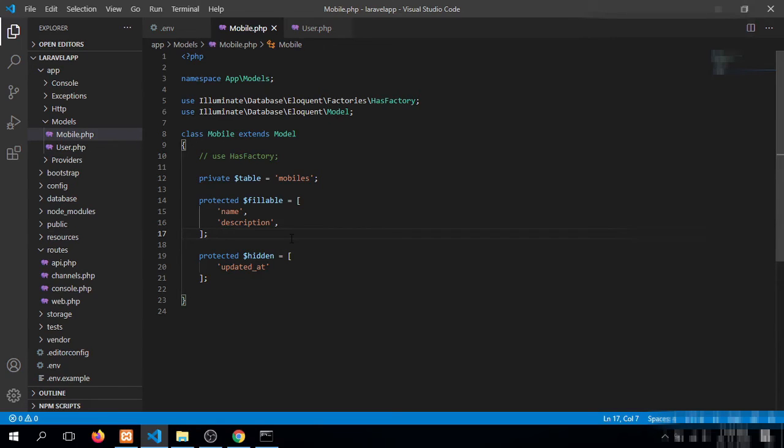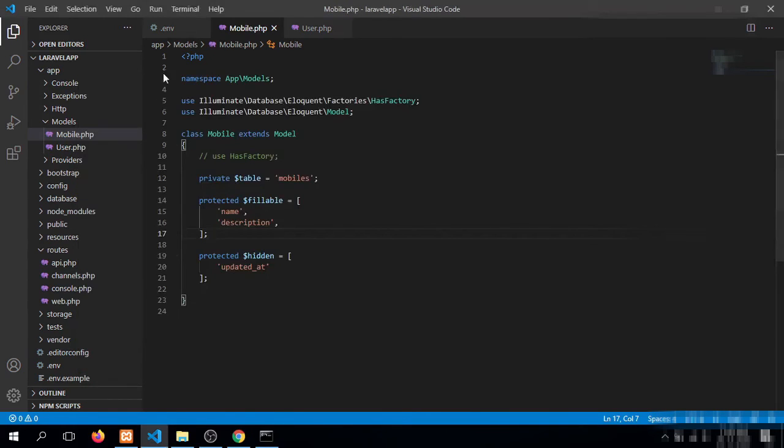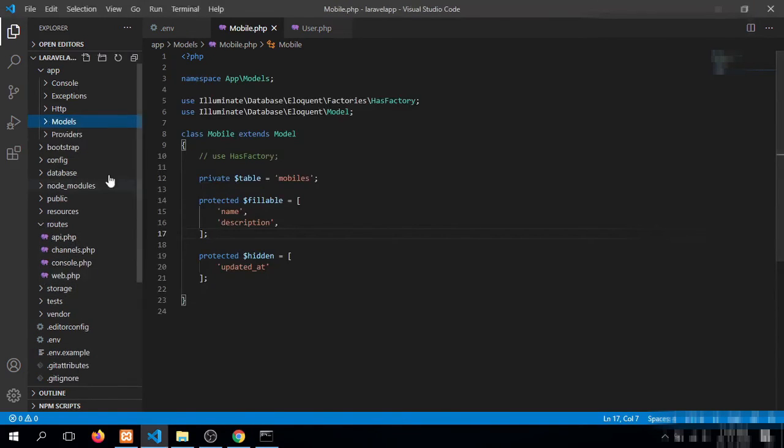Now it's time to create a controller. You can see that mobile API controller has been created successfully.